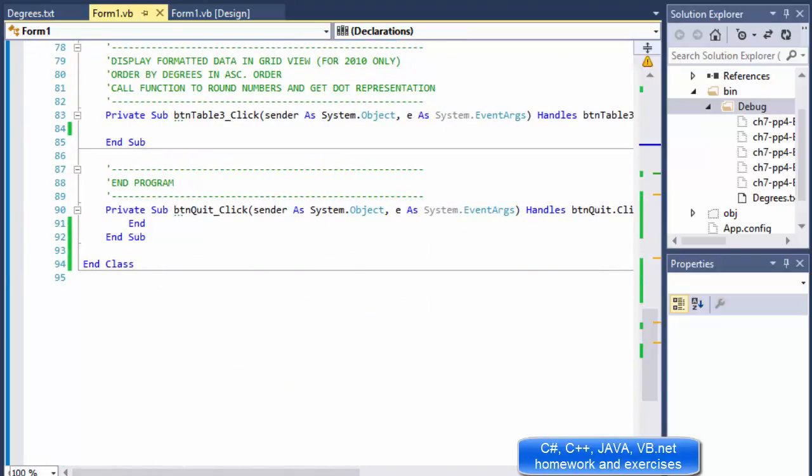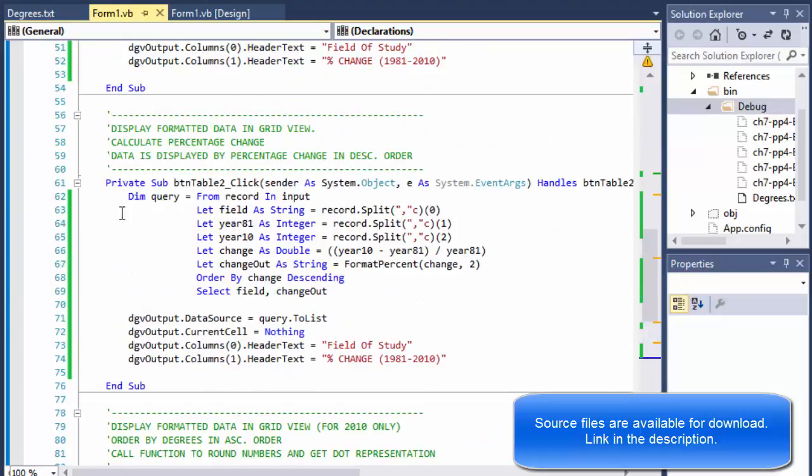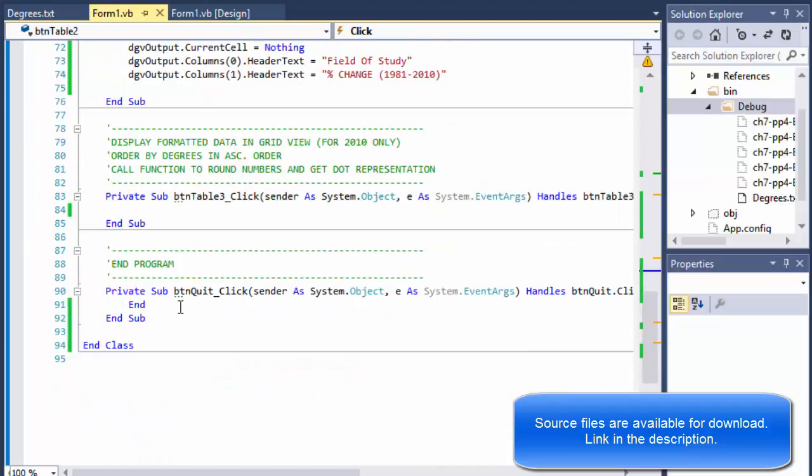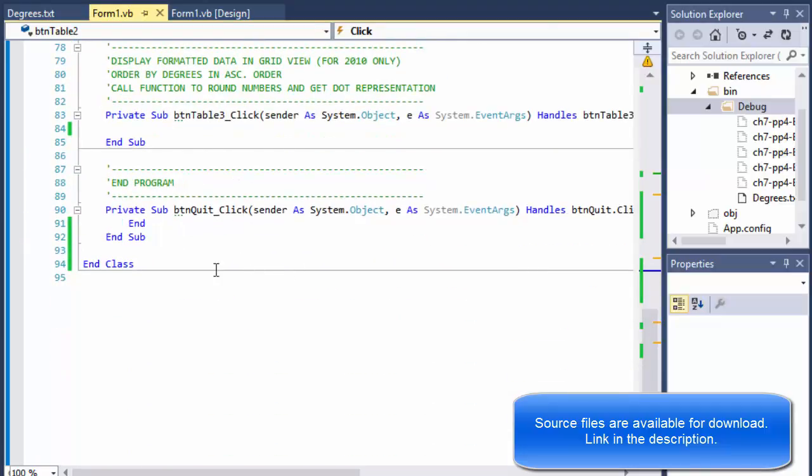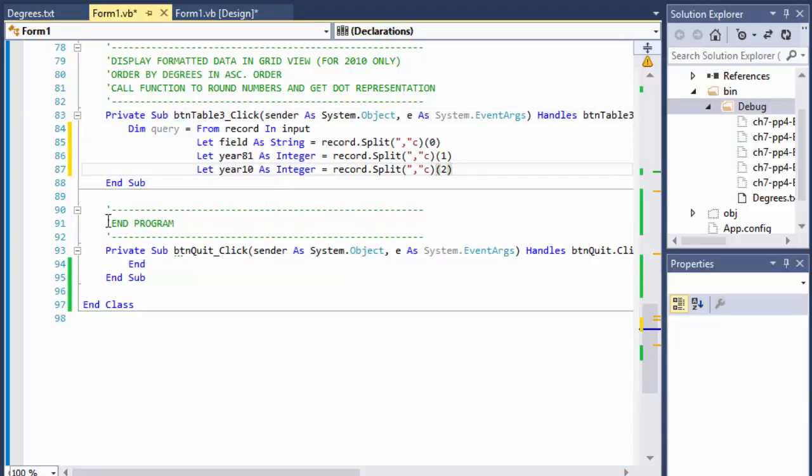So on our third table, once again, I'm going to copy paste the first few lines from the query. Where am I? Oh, here. So the query starts the same. We split the record. We have the integers. That's fine. And now we can do the